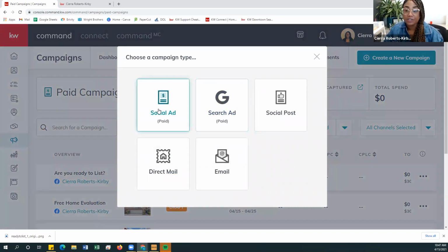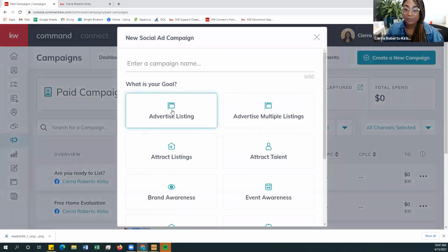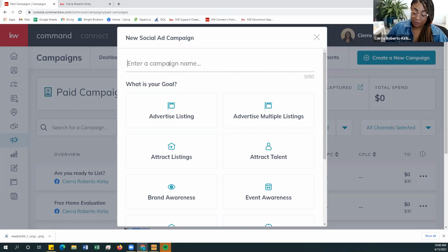I like to focus on the social ads because a lot of people are always on Facebook, Instagram, Twitter. We're in a social media day and age, so it's always important to post there. One thing that's cool is even for me, I've seen ads for the DB in North Seattle on my Facebook feed. I have seen ads that have been run through Command on my Facebook feed and my YouTube page that our agents are running. So it is working. But again, this time I am going to name this